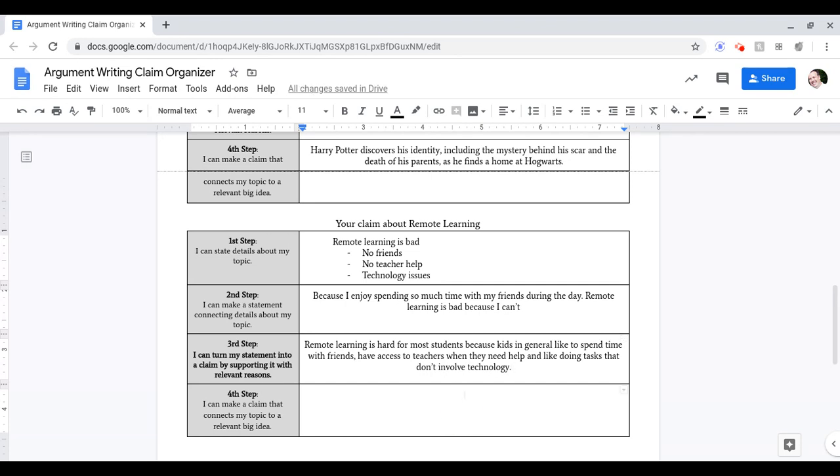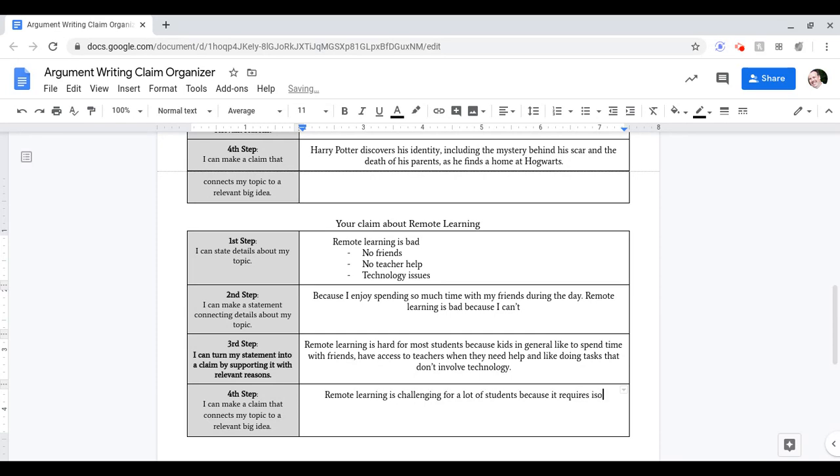You'll notice that I haven't really talked about any of the big ideas or a universal understanding from snow globes yet, because those are more of that level 4. You're going to want a couple of those if you're going to reach for that 4 on our claim. So let's take a look at what I can write here. Remote learning is challenging for a lot of students